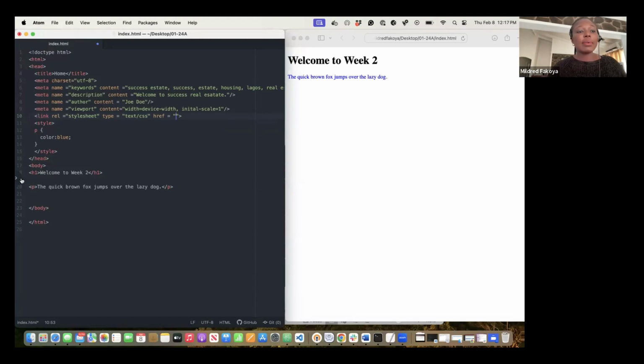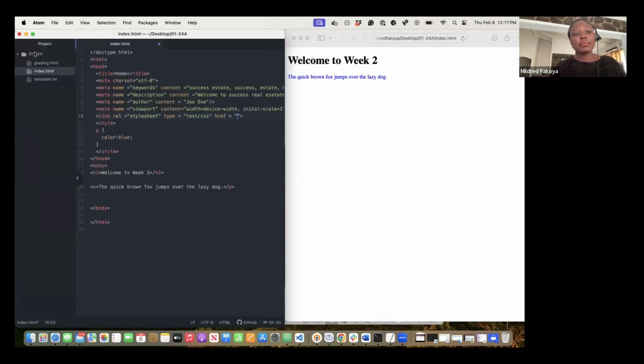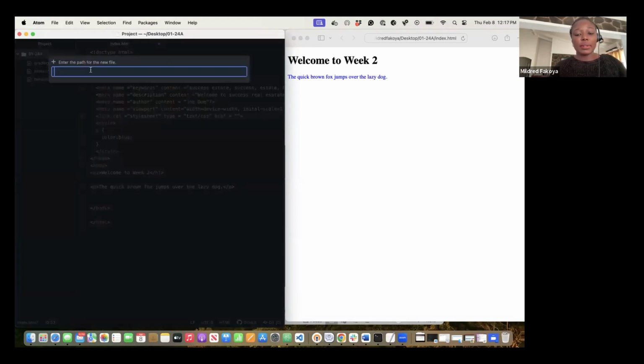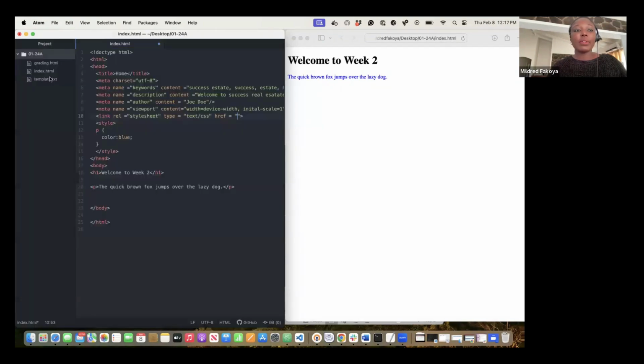So now let's look at how we can add an external style sheet. Let's say here we have a new file, and this file is called main, and the extension for cascading style sheet files is .css. So recall that we talked about extensions in last week's lesson, where we have Word documents as .docx, PDF files as .pdf, and if we have a PNG image, we have .png. Cascading style sheet is .css, HTML is .html or .htm. So we create a new file called main.css,